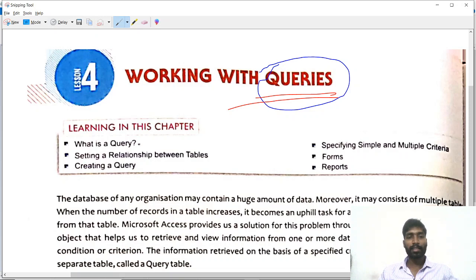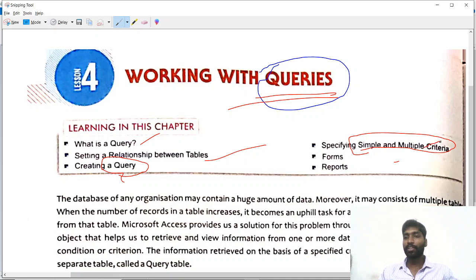So in this class we will learn what a query is, how we set a relation between two tables, and how we will create a query. Students, creating a query will take a little time to explain, because in one period I will teach only two queries. After that, simple and multiple criteria, meaning simple query and multiple query.